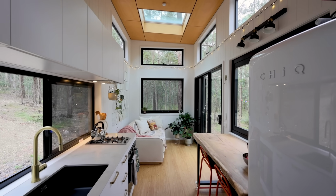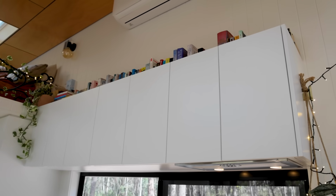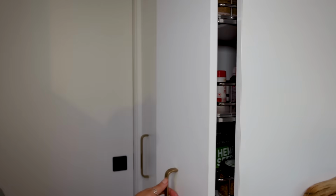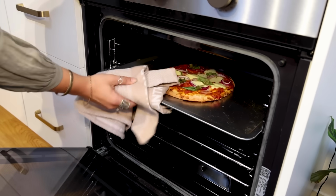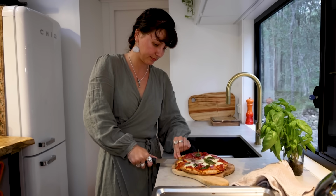And for the size of the kitchen, you have a lot of storage in here. Ample amount of storage. I've actually got several cupboards or shelves that are not exactly full. Nice. And at the end of the kitchen, I've got a full height pull-out pantry, and opposite the pull-out pantry is my wardrobe. I love the simplicity of tiny houses and just how much you could fit within a small space, how clever you could be within such a space like your kitchen and storage for wardrobes and things like that. Items could be multifunctional. We don't need so much in order to live